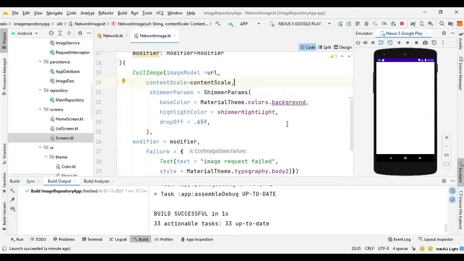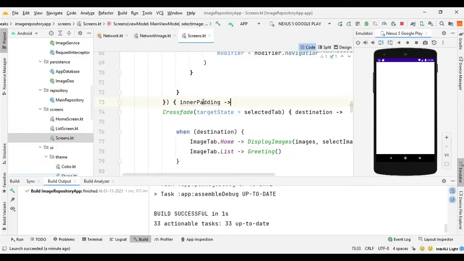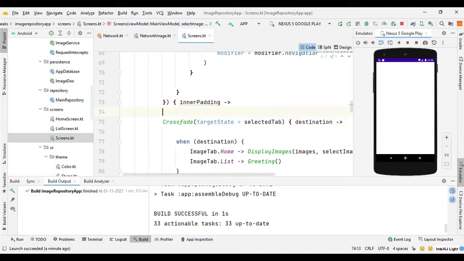Also, we had to apply inner padding in our screens, because we seem to have forgotten that. So this inner padding has not been applied. So let's apply this inner padding. For that we need to create a modifier.